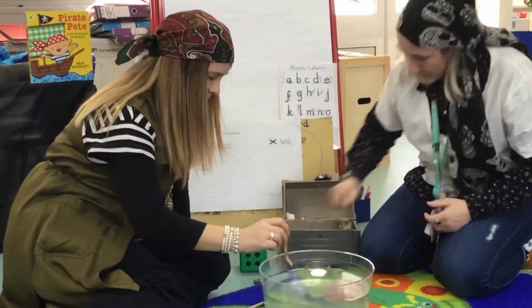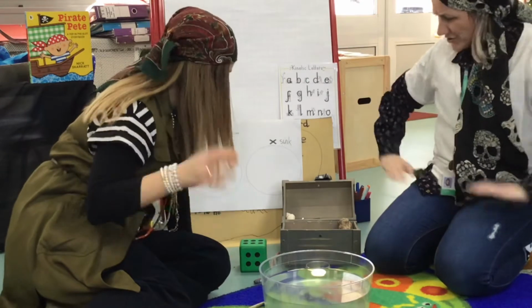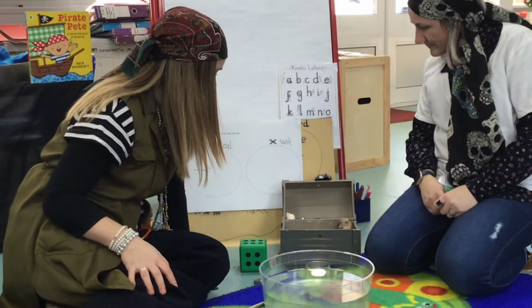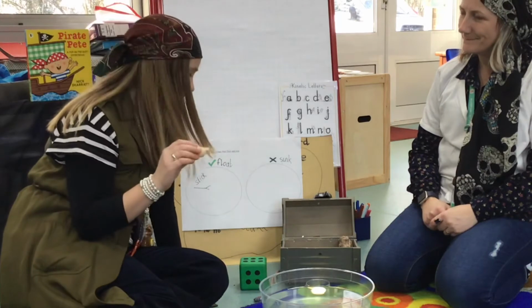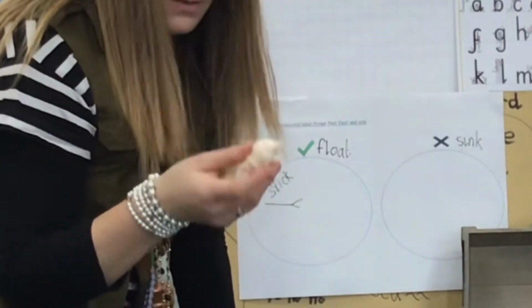Let's take the stick out. Okay. Oh, my turn to choose. Yeah, go for it. Or did I choose that one? It doesn't matter. Sharing is caring. I'm going to choose. Now, I actually don't know what the answer is to this one, but we found shells, didn't we? Yeah. Now, they're all different shells. I don't know if some shells sink and some shells float, but I kind of think